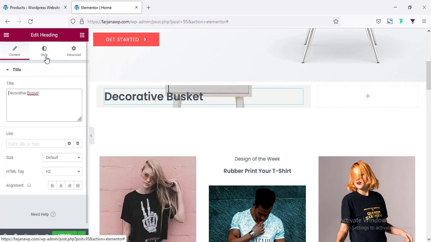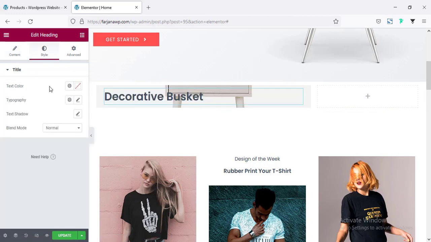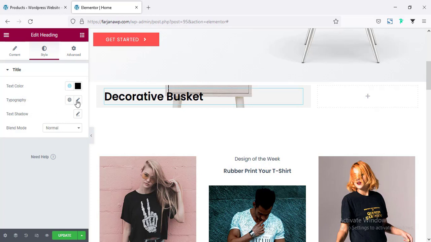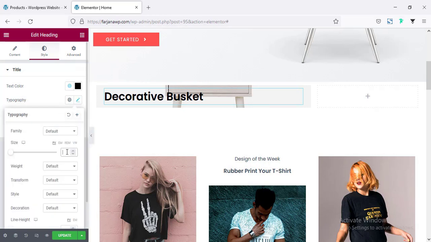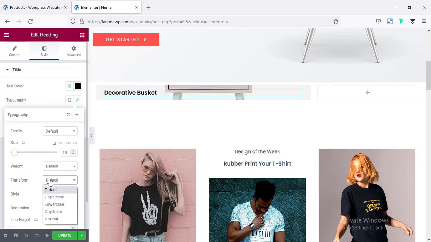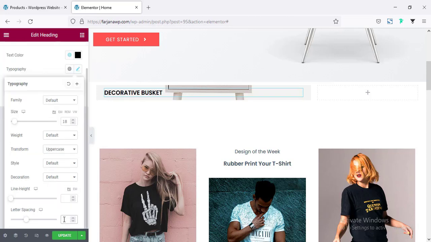Going to style tab, and the color we can make black, and then typography I'm making the size 18, and font weight okay, text transform making it uppercase, and adding some letter spacing,